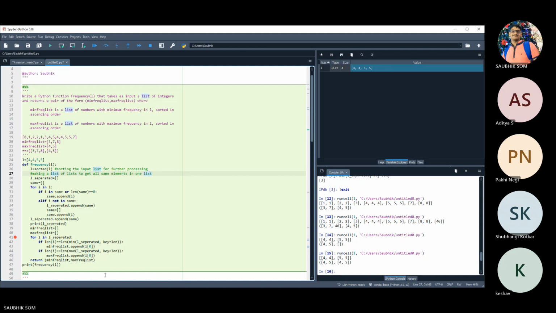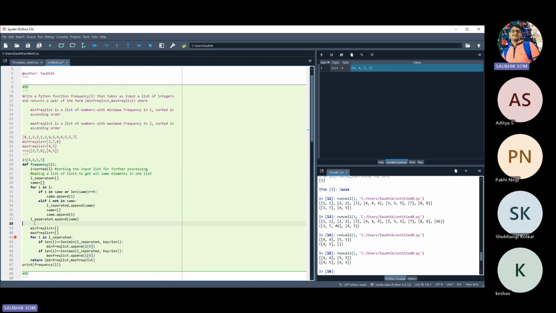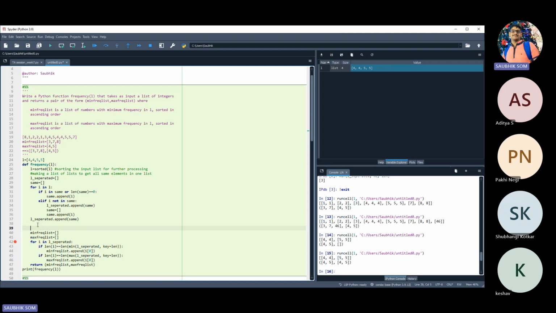Okay. Finally, I don't need this line. Finally, what I'm doing